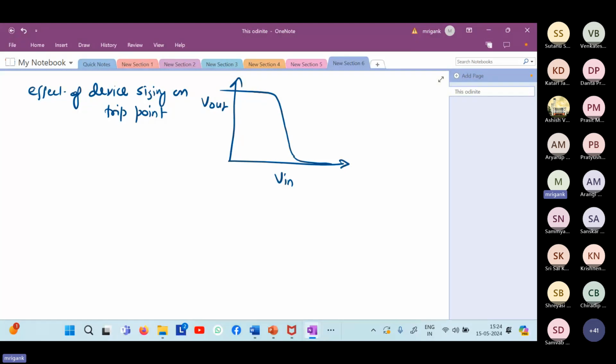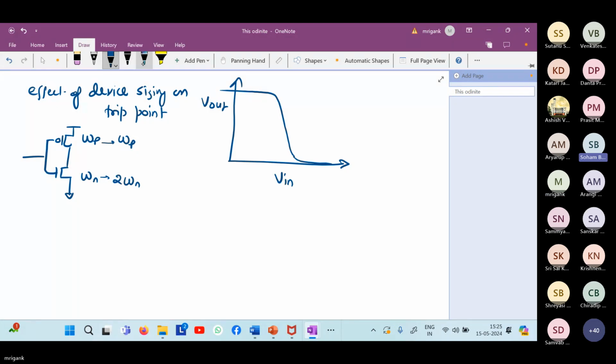Suppose you have been given some W by L for PMOS and NMOS. Now, in this, if I say that I'm going to increase the NMOS size by 2x. Earlier I started with WP, WN. Now I want to make 2WN, WP. What should happen to the characteristics? What direction should it move? Should it change? It should move left. Towards the left. Why should it go towards the left?